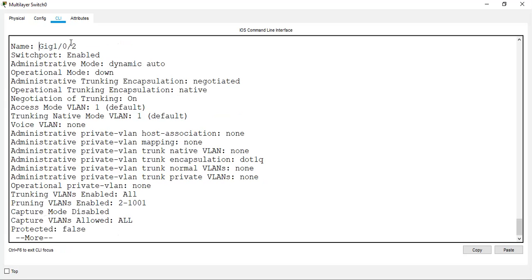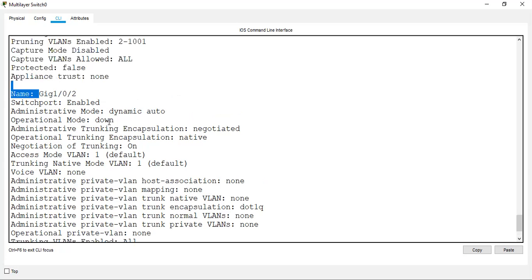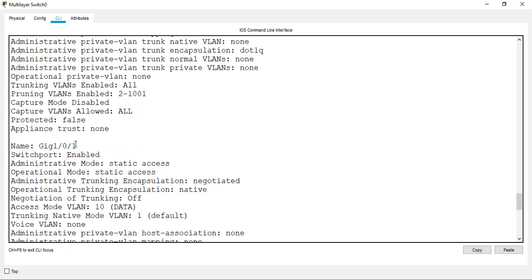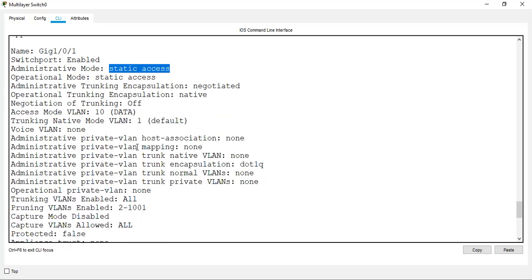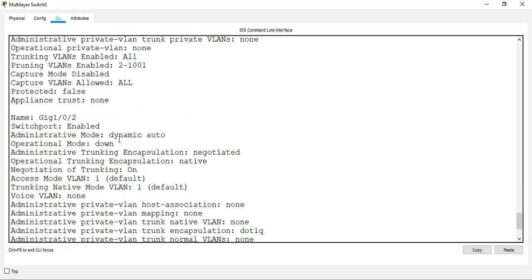And gig 1/2, hope you are with me. This gig 1/1 is showing as static access, and gig 1/2 is showing as dynamic auto.